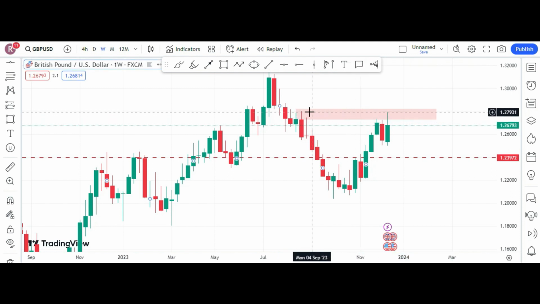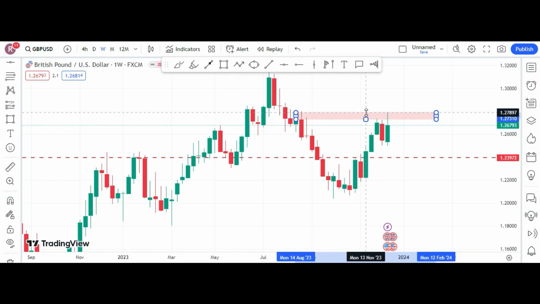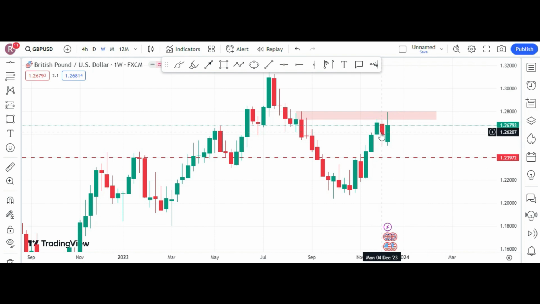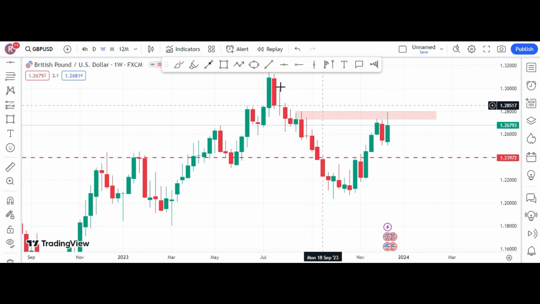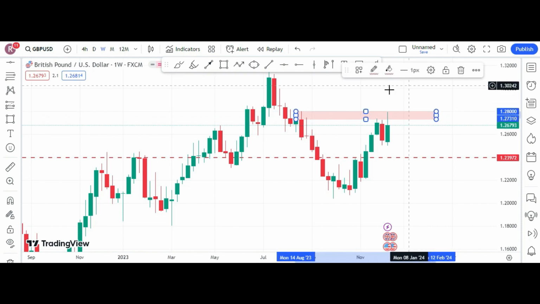Yes, we do have a double top here. Here we can see we have a double top with this red and green, but considering the last week, we don't have any confirmation here because we need a red candle here, and that didn't happen. So if we judge based on this